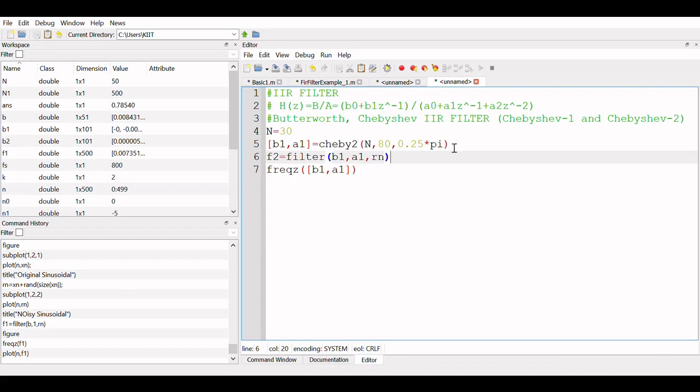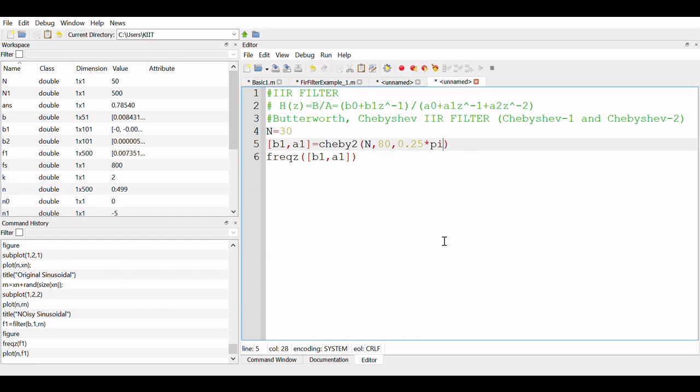Okay, so suppose I am using Chebyshev, N value is 30, 80 is my Rp value, that is passband ripple. So suppose 80 dB is very less, so I am taking the highest possible whatever is available, so 80 dB. So 0.25 pi. So by default it is low.